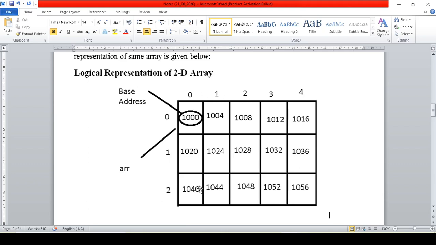In memory it won't look like this, it won't look like a table, it won't look like rows and columns. I will show you how it is represented in memory, but this is the logical representation of the array that we want. So you can see there are 3 single dimensional arrays, right? This is a single dimensional array, this is a single dimensional array, and this also is a single dimensional array. So it is a collection of 3 single dimensional arrays. That's why it is a 2D array, where each single dimensional array is of 5 elements.